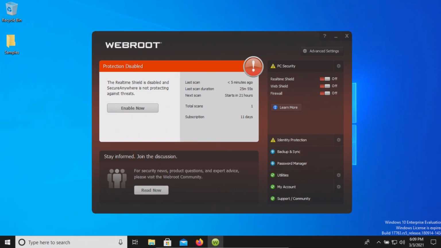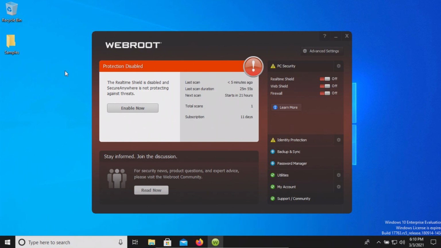Now the procedure will be as follows. In a moment I will enable the real-time protection here in Webroot. We'll let it sit for just a few moments to see if it can detect anything on its own, after which we will run a system scan. And if there's any samples remaining, we will scan the samples folder directly. And if there's any samples remaining after that, we will try to execute them and see if the real-time protection